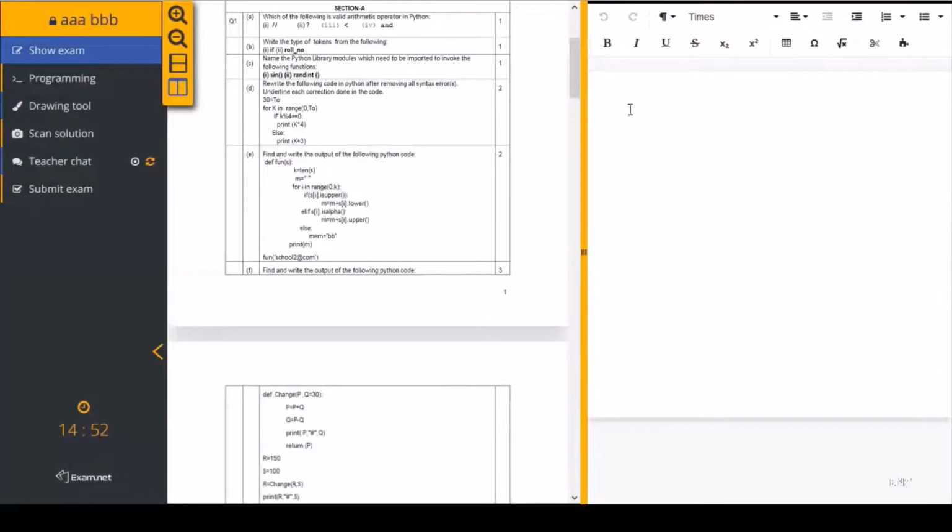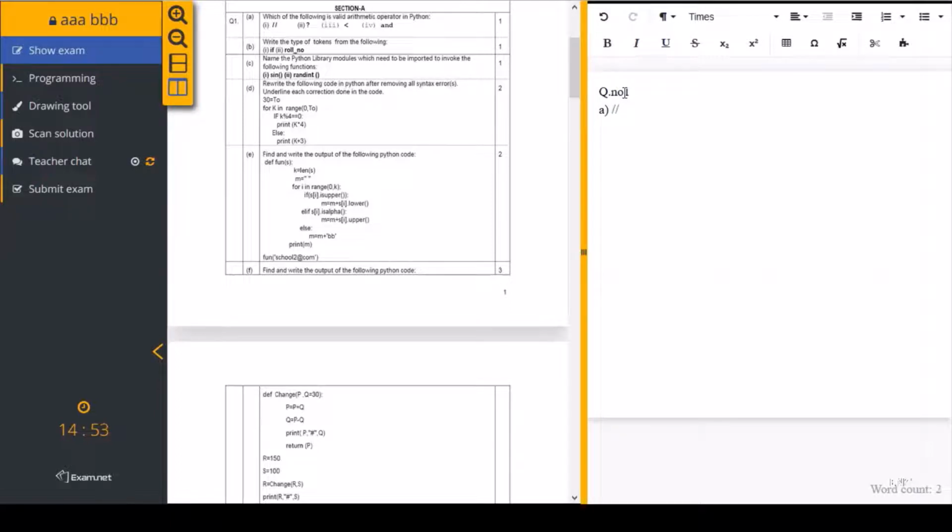Then you can start attempting the question. Attempting the question is very simple. Write down the question number which you are attempting, question number 1 suppose, and the sub-bit I am answering is question A. So write down the name, and in that we have a sub-bit that is 1. The question is saying which of the following is a valid arithmetic operator. So for this question, the answer will be 1. That is, I should use the answer as this.